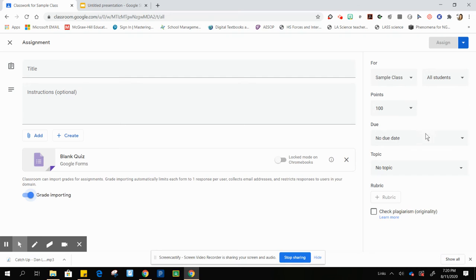Again, you can go through all the same settings and choose the classes, the students, change the points, the due date, and you can put it under a specific topic that is already created, or you can create a brand new topic again. If you exit out of here,